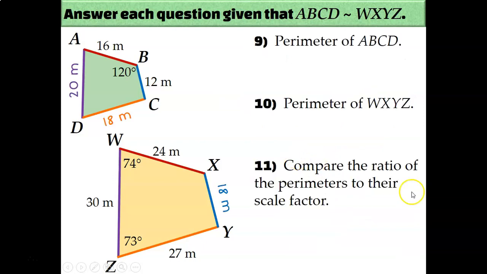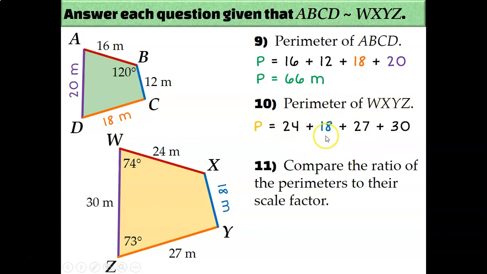and solve. I went ahead and labeled my diagram with all of the information that we just calculated about the missing side lengths, and I'm going to use that to calculate the perimeters of each of these quadrilaterals, and then we'll compare. The perimeter of quadrilateral ABCD would just be 16 plus 12 plus 18 plus 20, which is a total of 66 meters. The perimeter of quadrilateral WXYZ would be 24 plus 18 plus 27 plus 30, which is